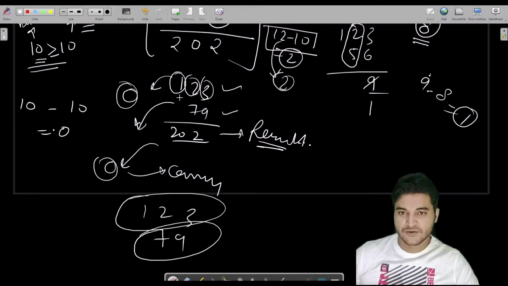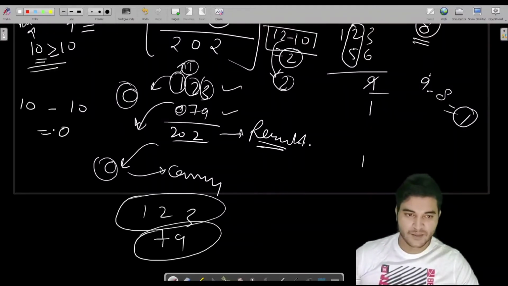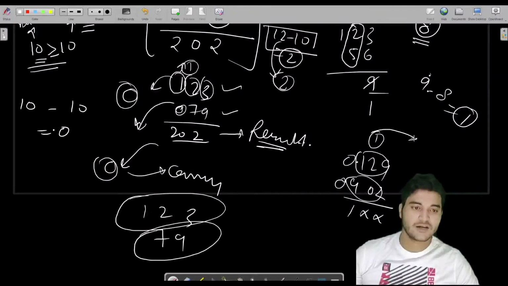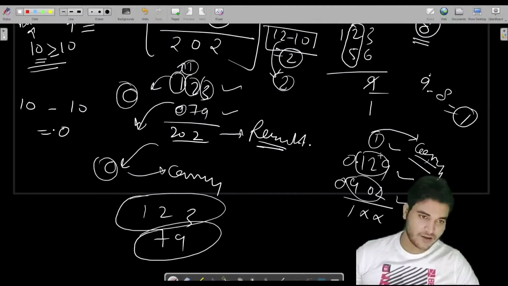Why? Because let us say here we do not have any number, like here we were having numbers also. Let us say we were having 1 9 and 9 0, and here we were having carry. So 9 and 1 is 10, plus this 1, so we would get 1 here. And now we do not have any numbers here. We are done with these two numbers. But if you look at here, we are having carry also. So we have to execute this for carry also. So we would execute our loop till each of these three numbers becomes 0. If any of these numbers remains greater than 0, then we would apply the same iteration.